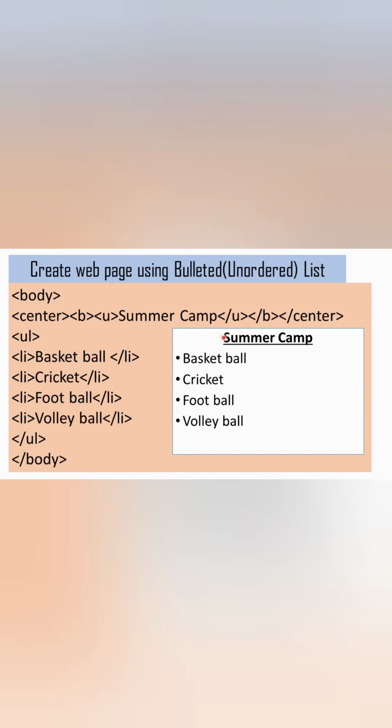That is, I need this summer camp at the center of my web page, in bold and underlined. After that, I need the list of activities as bulleted list. This is the body of my web page, right?